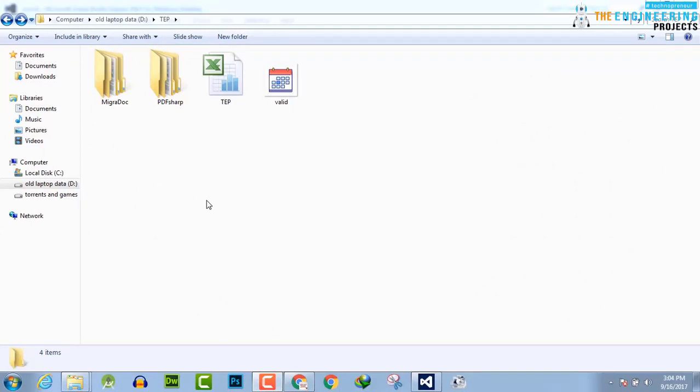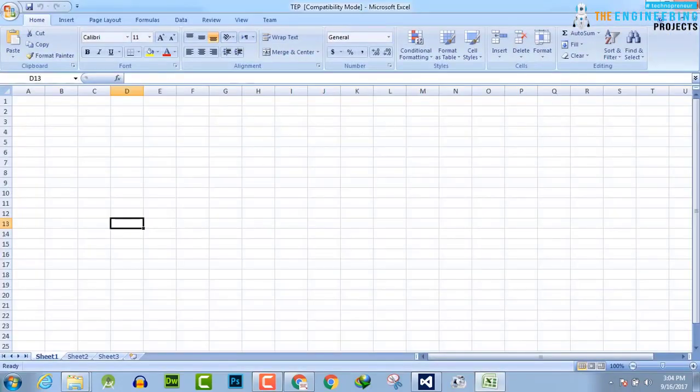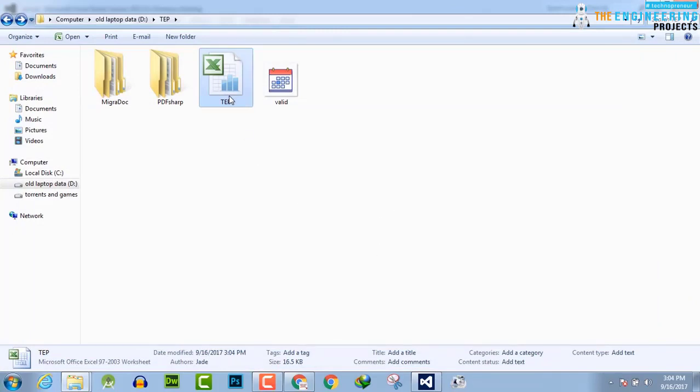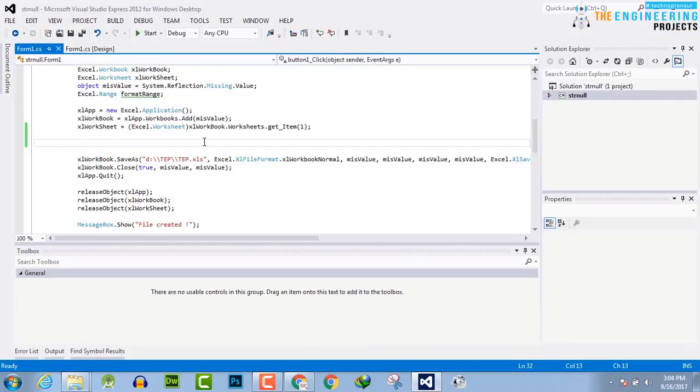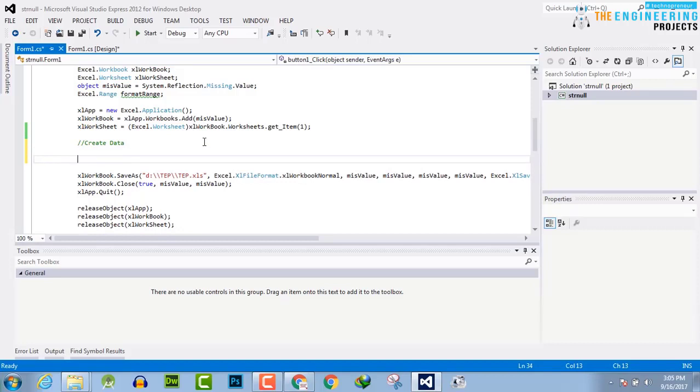In this video tutorial I will guide you how you can add a chart in your Excel file. For example, this is an Excel file which is empty. Now we will enter the values inside this and then create the chart by extracting those values. So create the values. First I am going to create 3 students and their charts according to 3 subjects. So create data. For that I will use Excel worksheet.Cells to nominate the rows and columns as